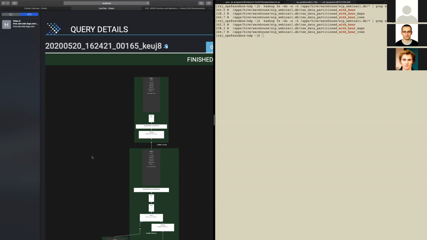Okay, yeah, and I believe you also showed it at the beginning, when you added some file and you just needed to refresh the metadata from the Hive Metastore. Yes. So you just remember how it was done for Impala. Yeah, so you can compare Presto to Impala, but my personal preference is towards Presto because of this